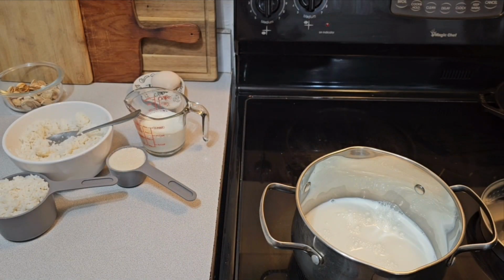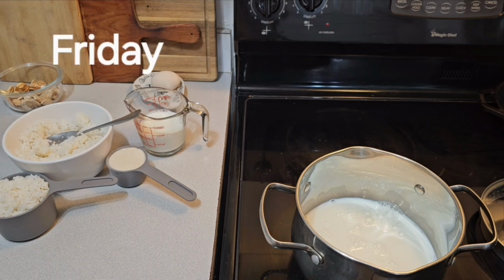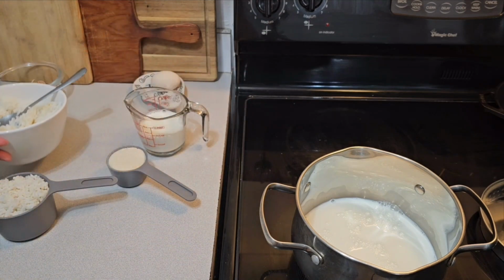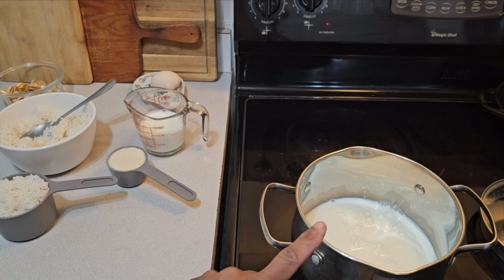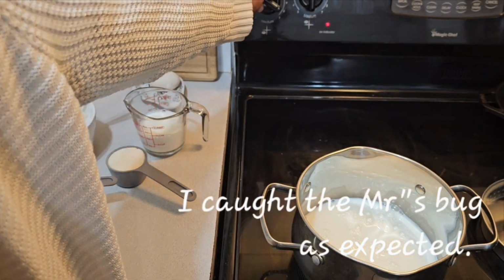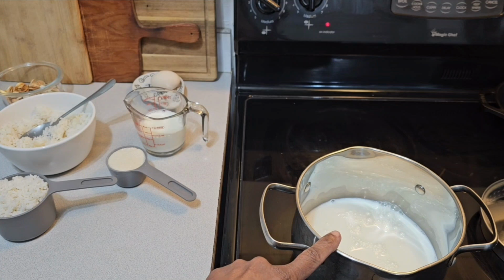Hey friends, it is Friday and there is no cooking going on here today, but I am making some dessert with leftover rice. I am making rice pudding. It's a quick and easy rice pudding. So in this pot, let's turn this on. In this pot I have